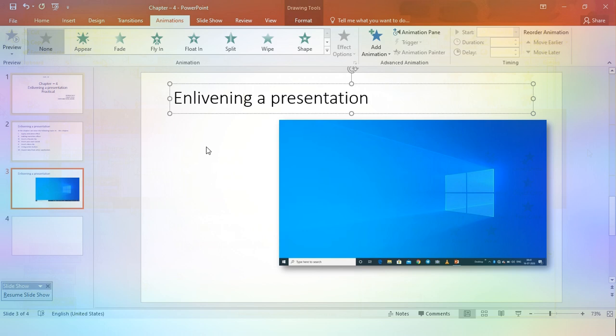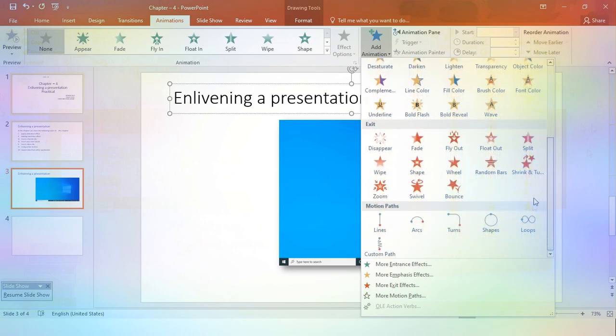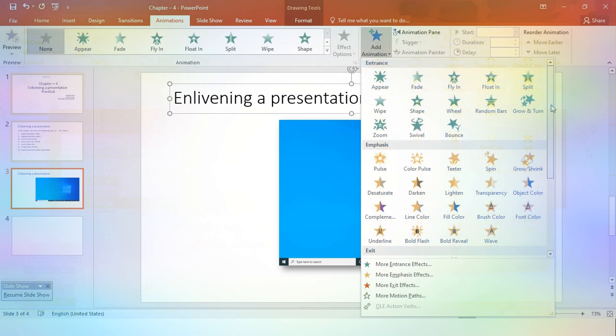Now let's start applying animation. Go through Add Animation, and here you have four types: entrance, emphasize, exit, and motion paths. Where is entrance used?